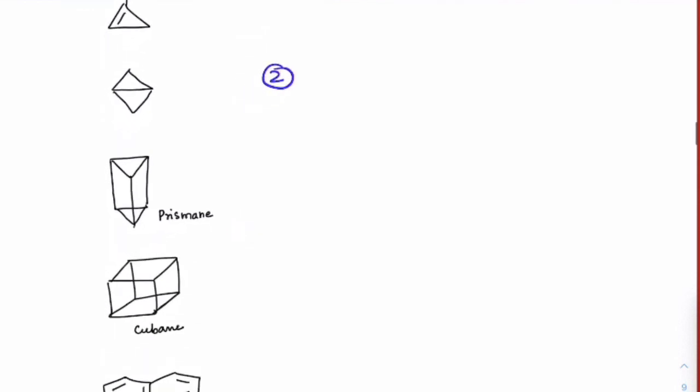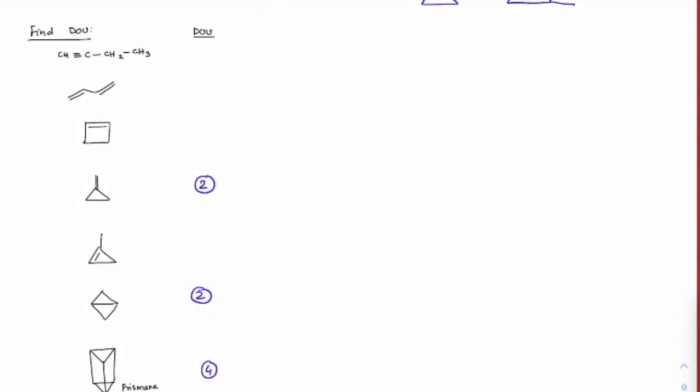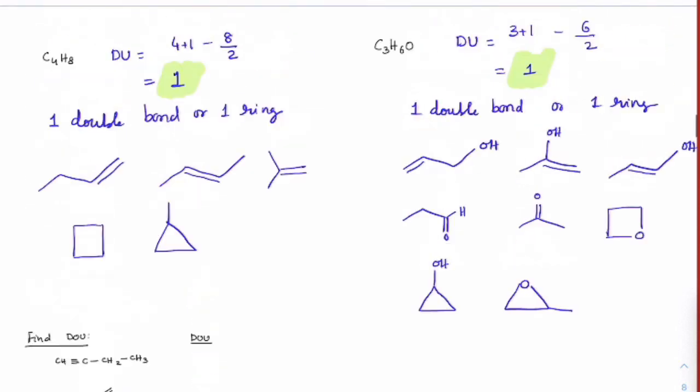Same way, let's say for example prismane. In prismane, check out the number of rings I have. This is one ring, ring number 1, ring number 2, ring number 3, ring number 4. So it is a combination of 4 rings. See, without using a formula I am doing it. Alright. So once you get aware of understanding the structure, it becomes easier for us to learn what would be the degree of unsaturation. So please make a note, everyone.